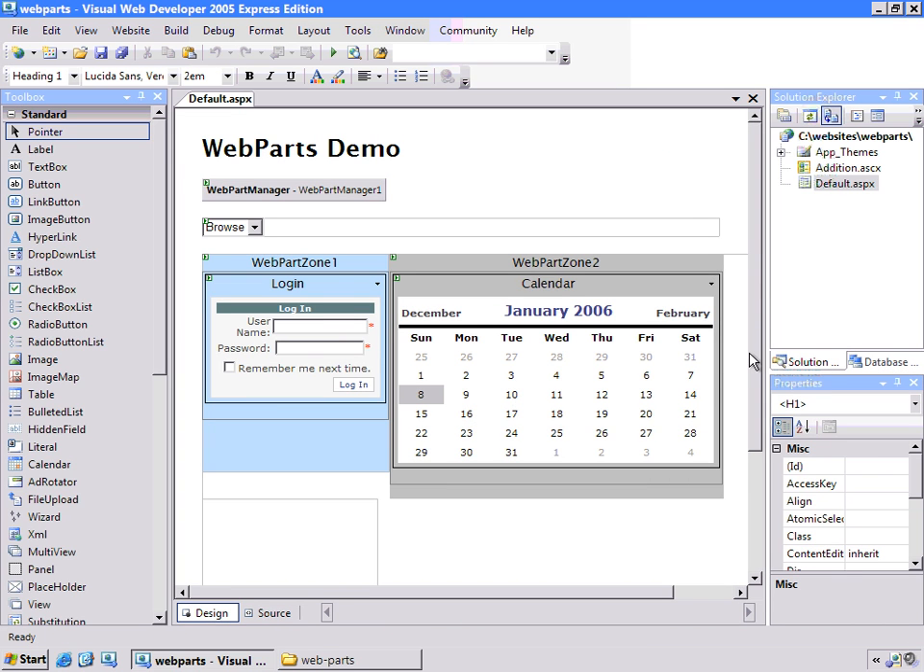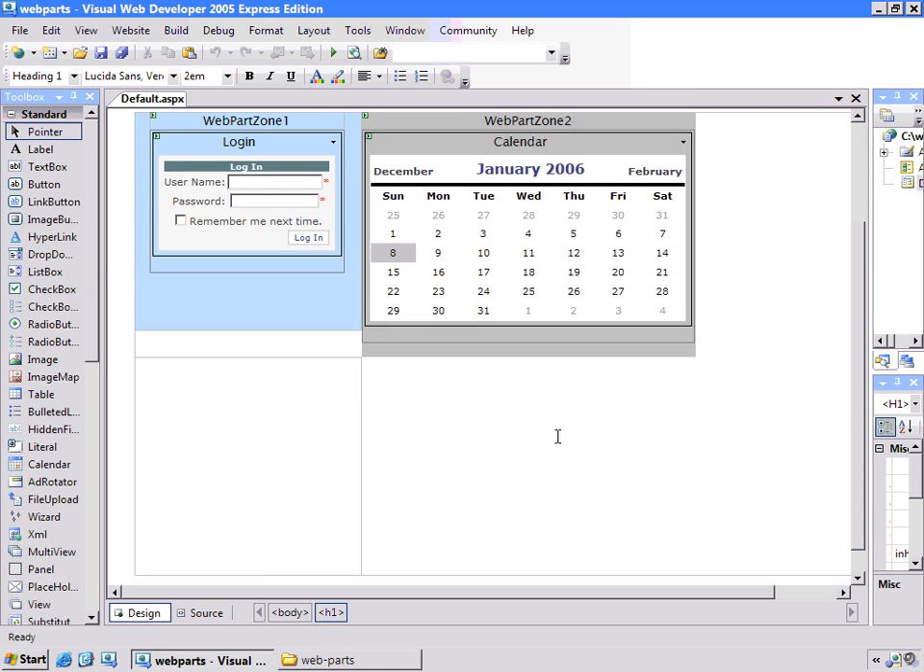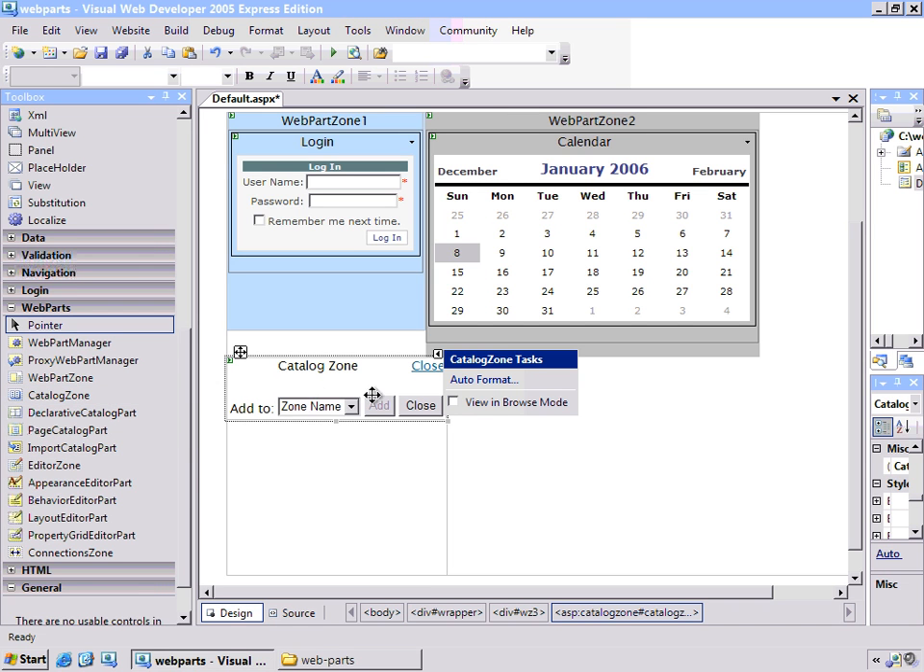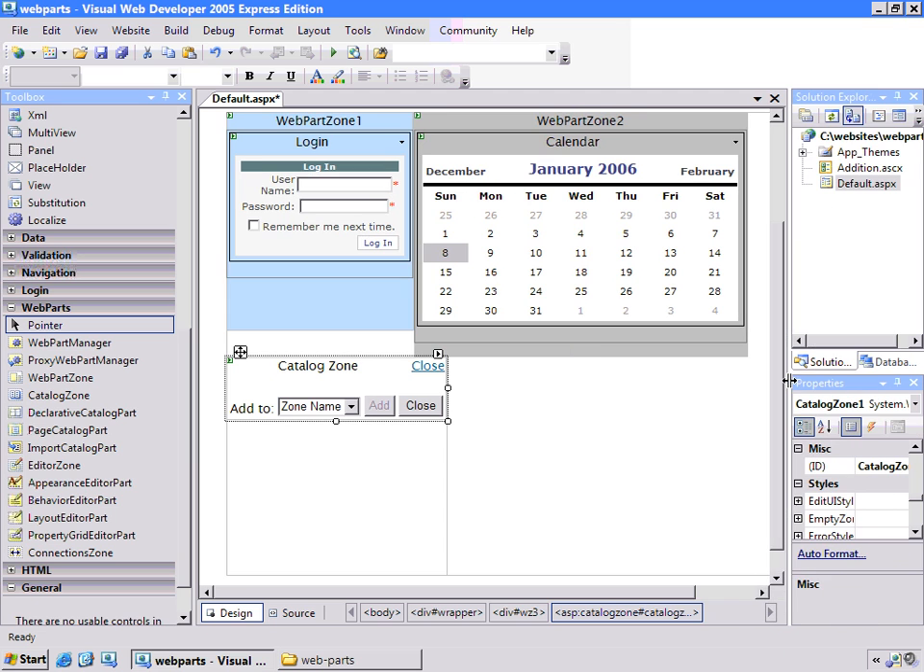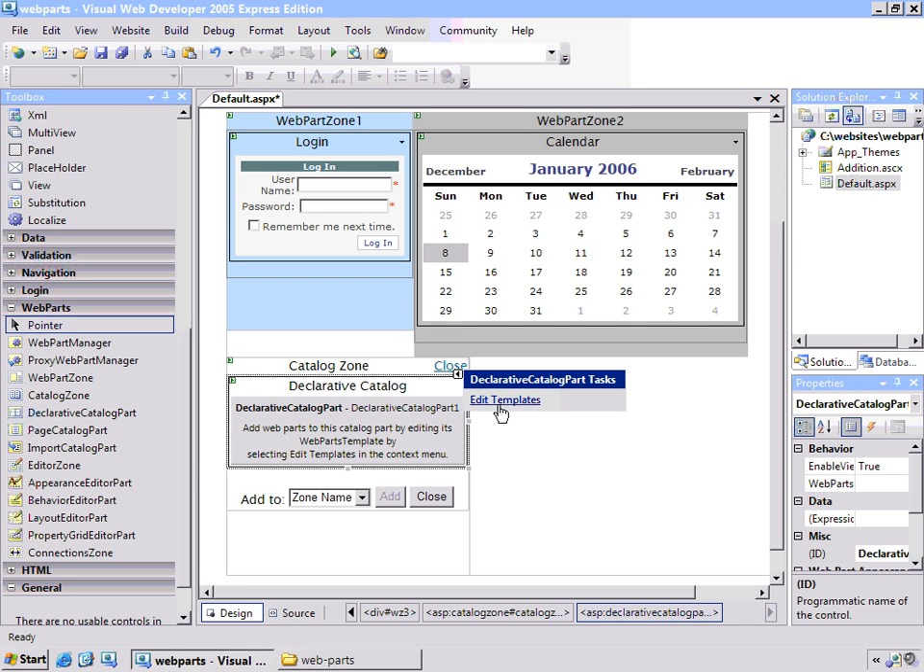So if we save this and close it, by going back to the design mode on our main page, we need to add support for users to be able to add or remove this user control from our page. So I'm making a little bit more room here. We're going to use another control called the catalog zone. Now the catalog zone will have a list of all the different web parts that you can apply to this page. So for the catalog zone, by dragging in this declarative catalog part right underneath it, I can then add